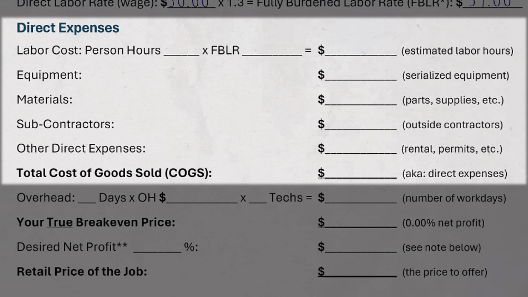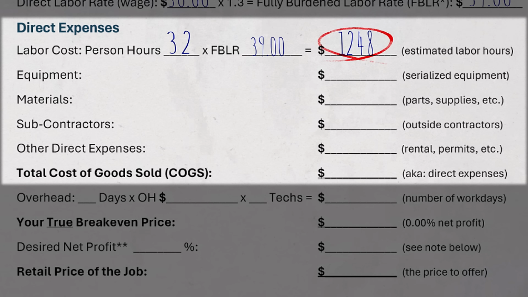We have labor cost, person hours, 32. That means we're considering that the job is going to require 32 labor hours, person hours, times 39, our fully burdened wage. That equals $1,248. So on this job, our cost for labor is $1,248. Now we want to total up all of the equipment that we are going to use on the job,